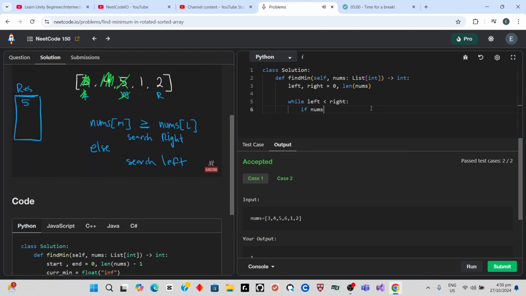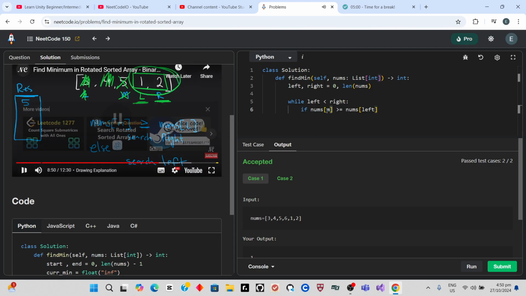So our left pointer is now going to be over here. This is our new search range. And as you can see, this portion of the array is already in sorted order, right? How do we know that? Because the value at our right pointer is greater than the value at our left pointer. So that means that the array